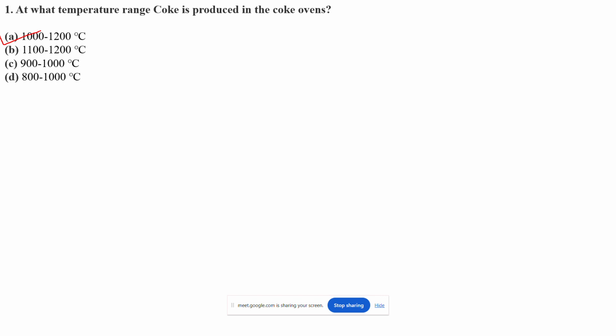Okay. So at a temperature of around 1000 to 1200 degrees Celsius, coke is produced in the byproduct coke battery